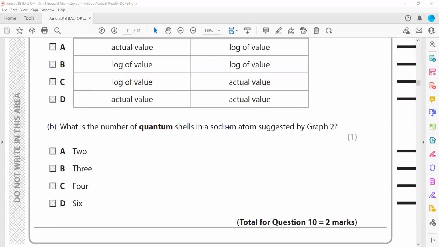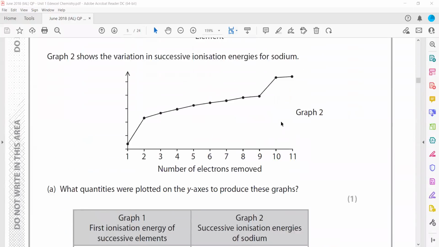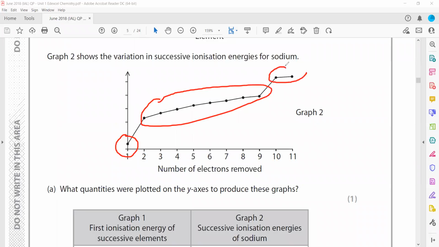What is the number of quantum shells in sodium suggested by graph 2? So how many shells are there in sodium? How do you identify? You can work it out using a periodic table, or from this you can easily identify. Like this is the last shell, and these elements are in the second last shell, so this is actually the first shell, the second, and the third. So there are 3 shells in sodium,